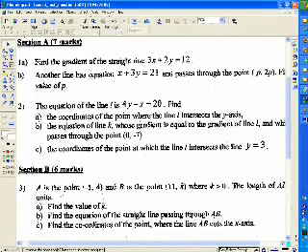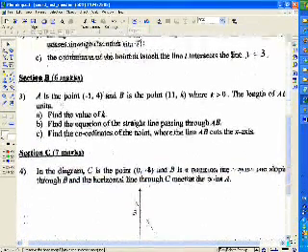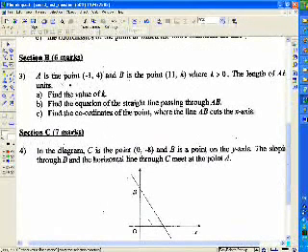Question 3. Now you are given A is the point (negative 1, 4),